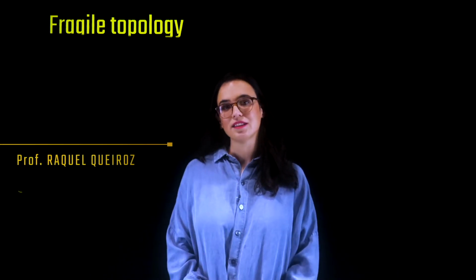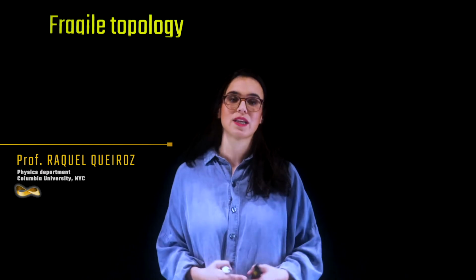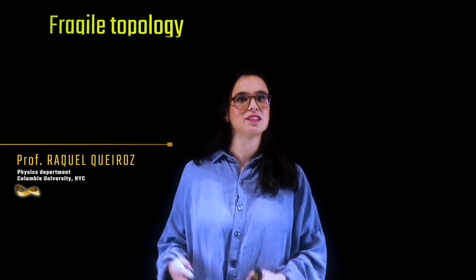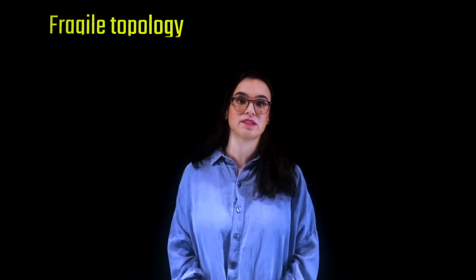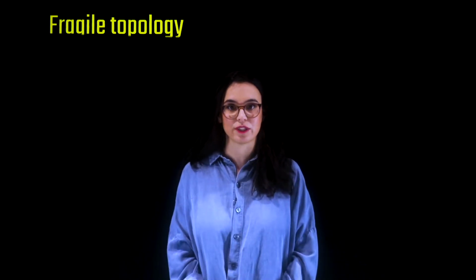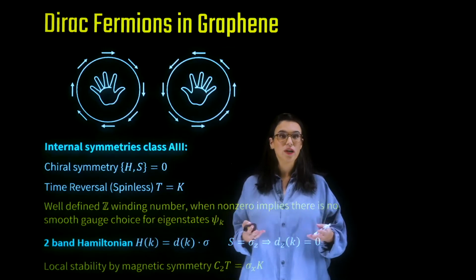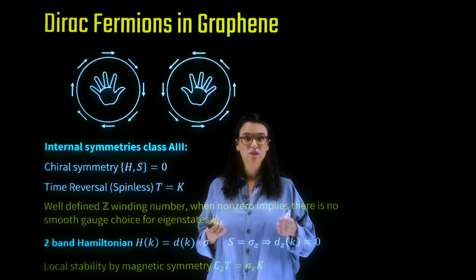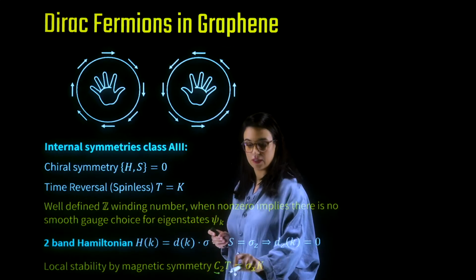Welcome back. In this lecture, you are going to learn about a new type of topology that is realized in twisted bilayer graphene. This is fragile topology, and it is not captured by the tenfold way classification of topological phases. We have learned previously that Dirac points in two-band Hamiltonians are protected simply by C2T symmetry, by this magnetic symmetry